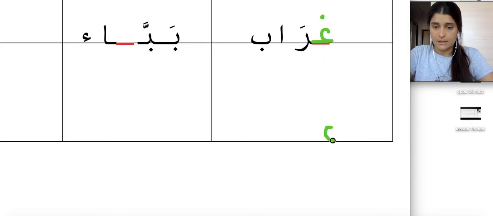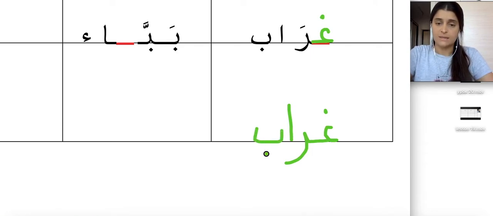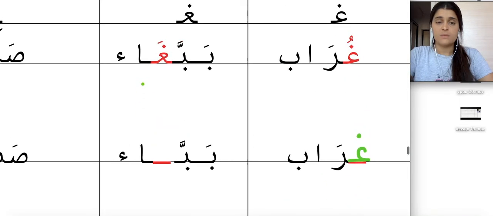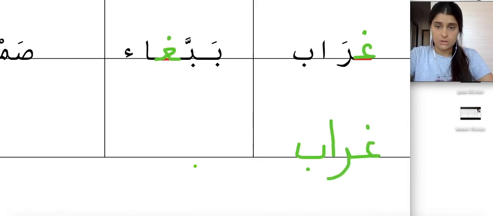This is letter Ghain. It connects with Ra. And then we add letter Ba. In the beginning of the word, letter Ghain, in the word Babbaga, which means parrot. This is letter Ghain, like this. Now let's try this word, Babbaga, Ba, and then Ba, and then Ghain,